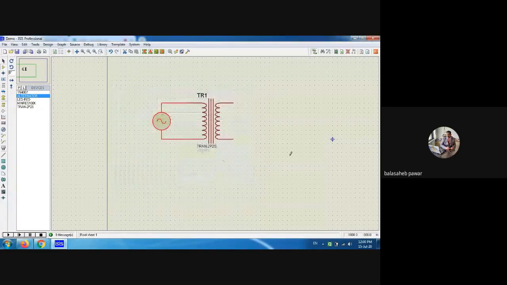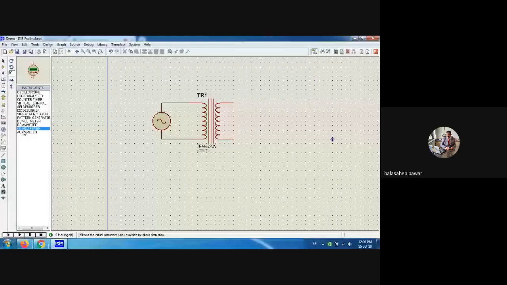Now whenever you run, you can check how much RMS voltage you are applying just by connecting an AC voltmeter. See, again in that virtual instrument mode, you can select the AC voltmeter, just place it across this alternator which I connected across the primary of this transformer like this, and if you run it, you will observe it is exactly 230 volts. Can you observe?